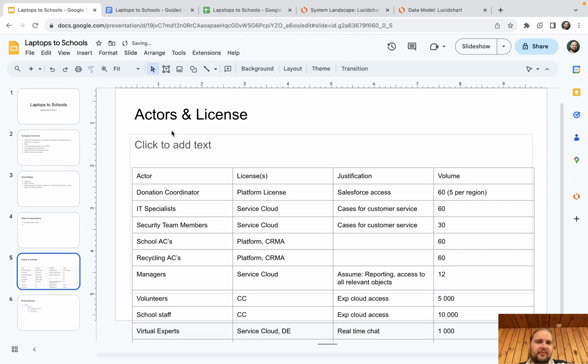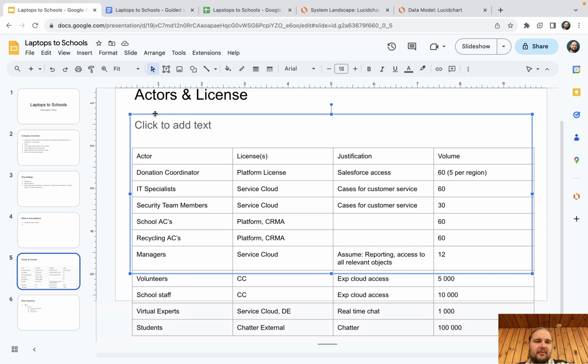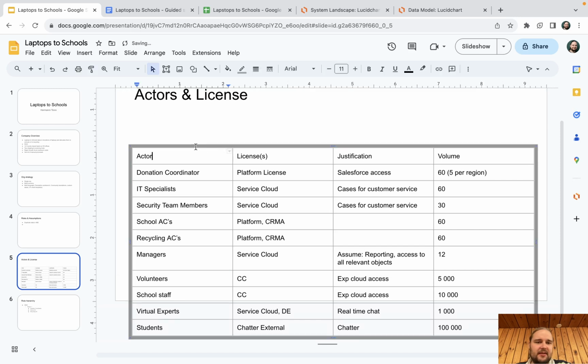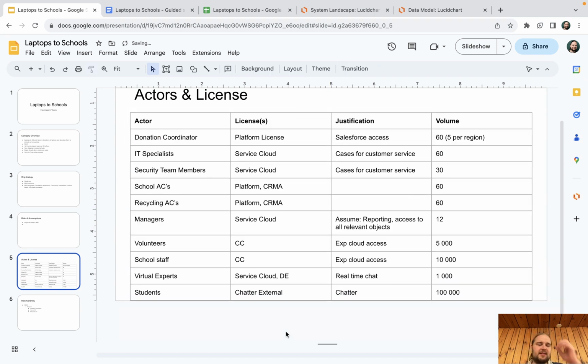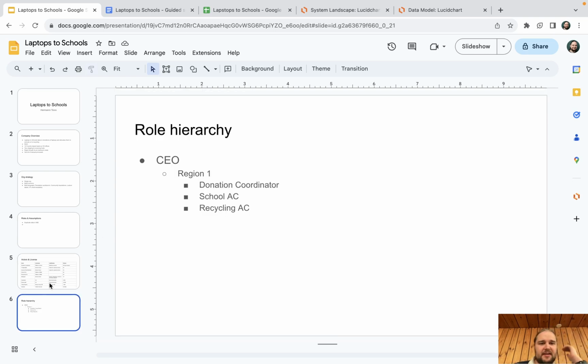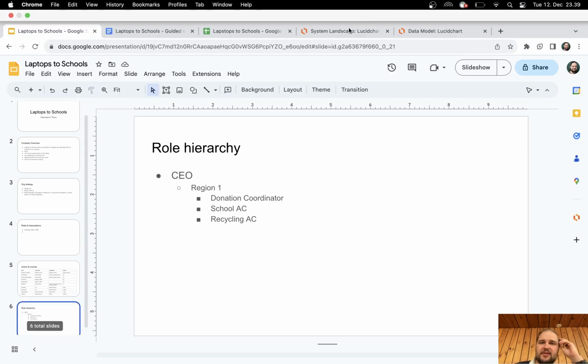Okay, let me remove this from the background. That click to add text is really annoying. It makes it hard to read our actors and licenses, and let me bold the top row. So boom, we got actors and licenses done here. Good job, us. And then the role hierarchy we still have to finish, and we have to finish the system